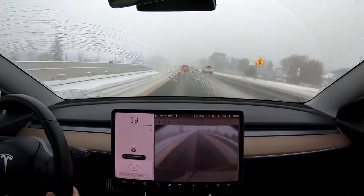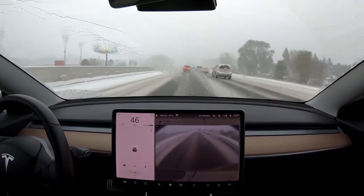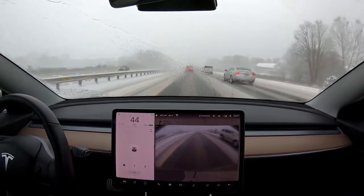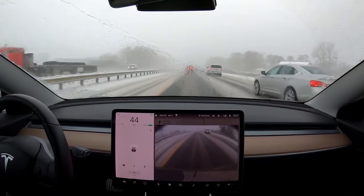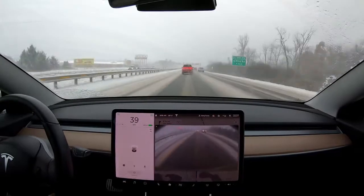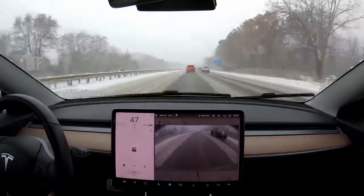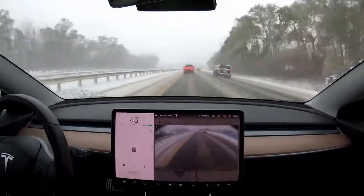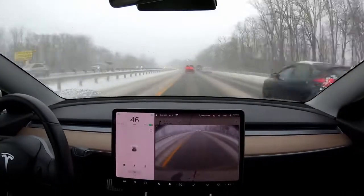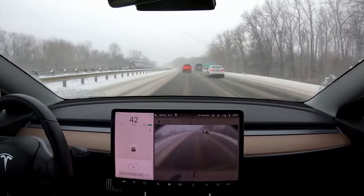Oh boy, that was my fault. There's some snow trapped under my left windshield blade, and I'm trying to get it off of there. And I think I messed up the camera by spraying the windshield fluid up there. Well, my goal of getting the snow off the windshield wiper was a success, but now I can't turn Autopilot